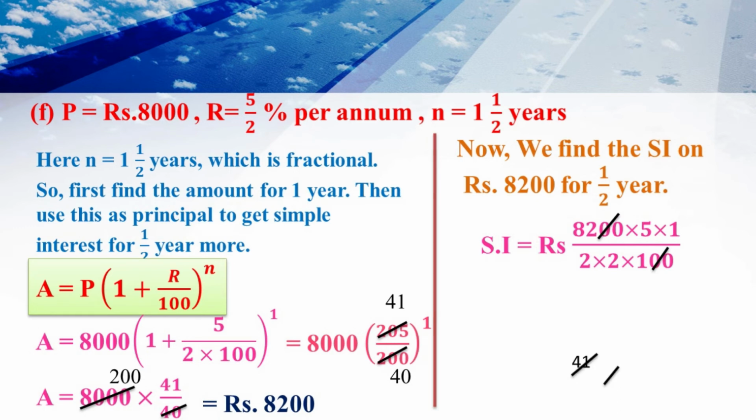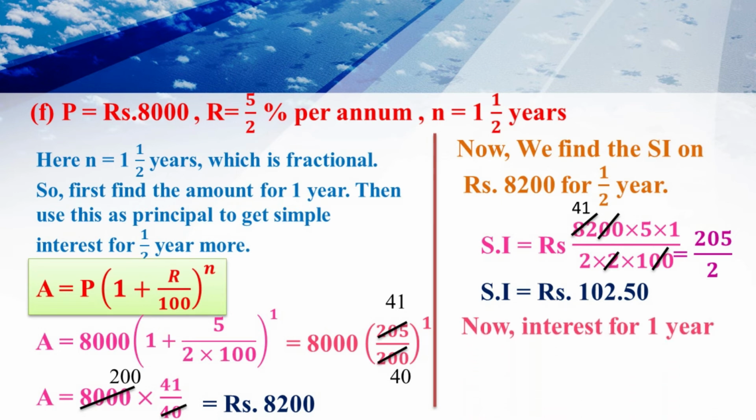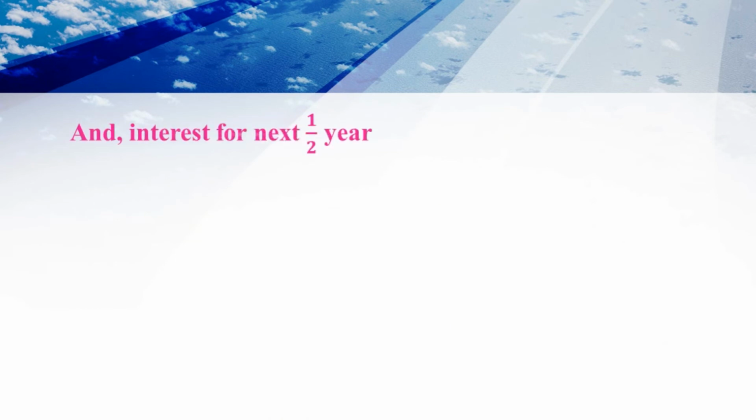Now cancelling by the common factor, we'll get 41 into 5 divided by 2 is equal to 205 divided by 2. So simple interest is rupees 102.50. Now interest for 1 year is rupees 8,200 minus 8,000 is equal to rupees 200. And the interest for next half year is equal to